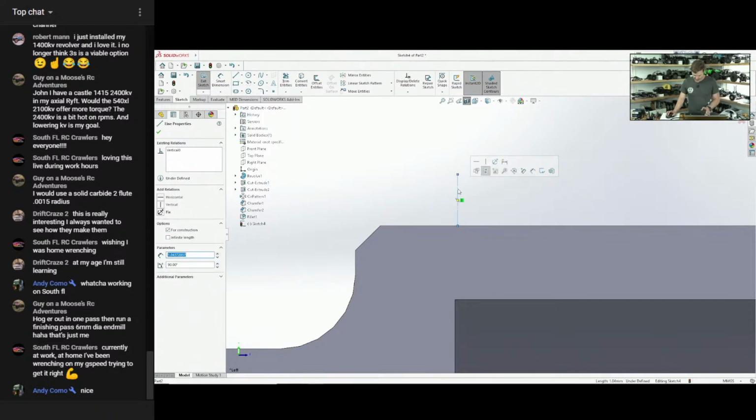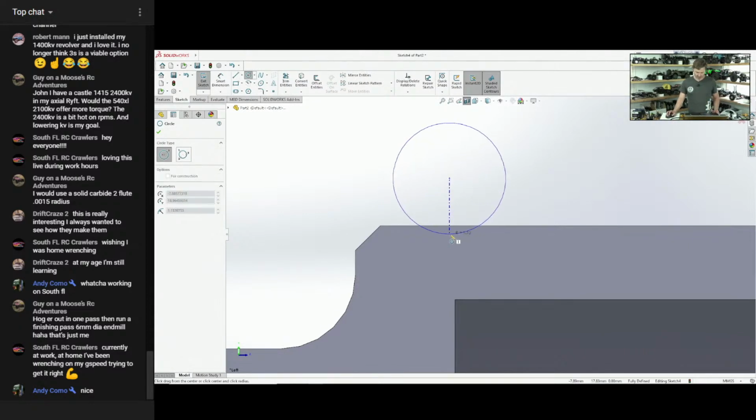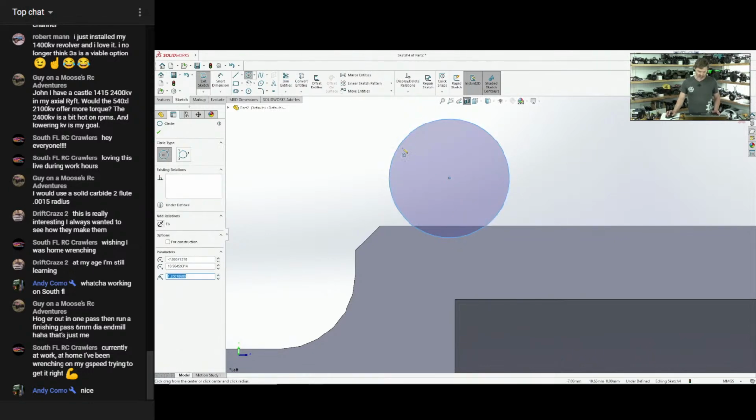There we go. Yeah, we'll just freehand it. Delete. And we're going to start a circle, about right out here. So again, this needs to be a machinable item on here. And you can picture the nose radius of the tool having to go in as it's spinning in the lathe, having enough clearance. So what I just said, 1.2 millimeters, that is going to be our minimum radius of a